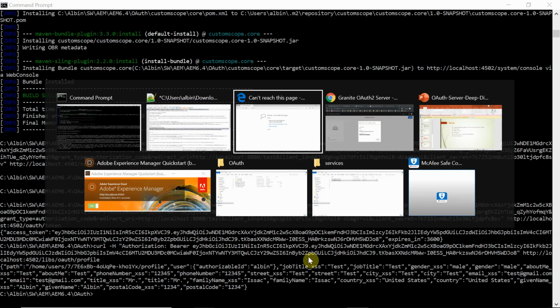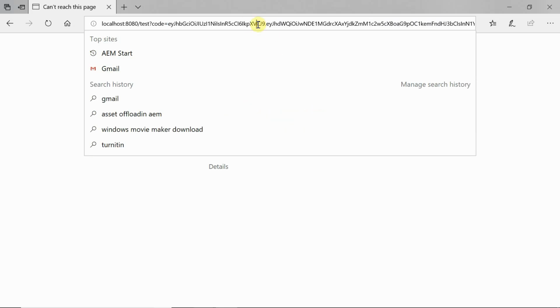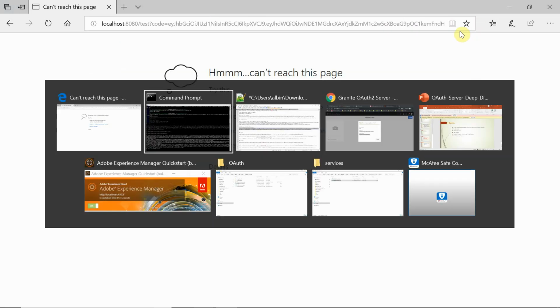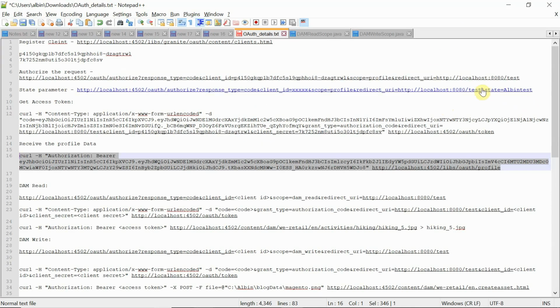So here one thing to notice. When I got a response back after authorization, at the end, apart from code, there is a field called state. The state value is null. What the state value will help you with is, whenever you redirect the user to this URL, just append a state value, like test or some random value.